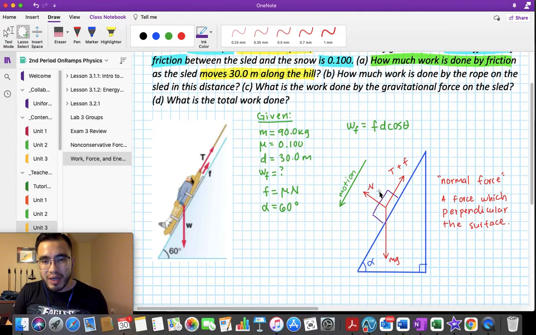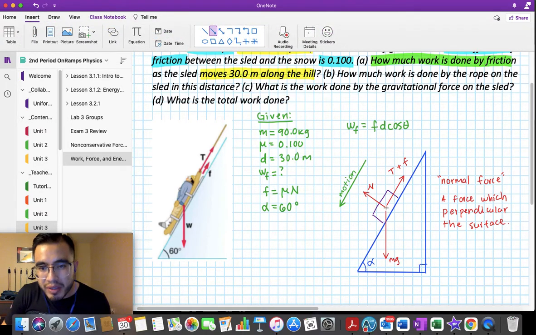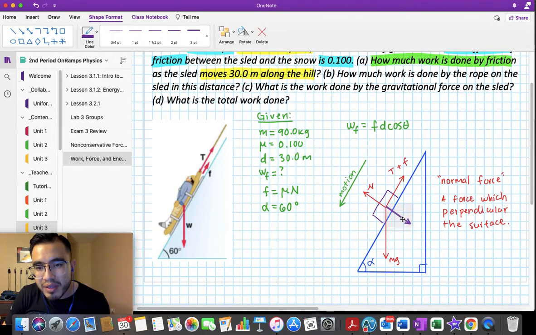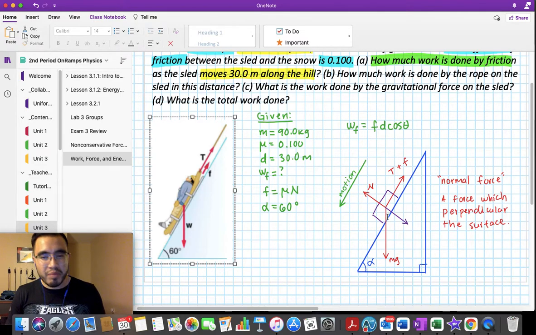Because based on Newton's third law of motion, we need a force equal and opposite to the normal, which was the action force, right? Because the normal is the reaction. So that means there's a force acting like this, kind of. There you go. Now, although the magnitudes might not be equal, so let's pretend they are, okay? And so what is this force? Well,